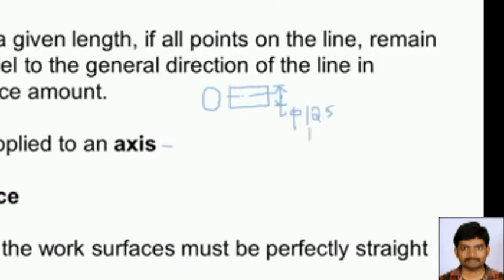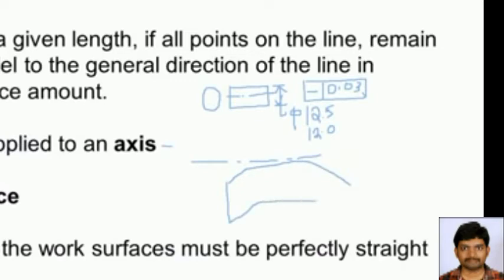So the diameter is varying from 12 to 12.5, and then the tolerance is specified like this. There is a symbol for straightness, and its value is 0.03 millimeter, and the component should be straight within this 30 microns. So what happens is, now the size of the component. This size maximum can be 12.5 as per the given tolerance on the size. So minimum is 12 and the maximum is